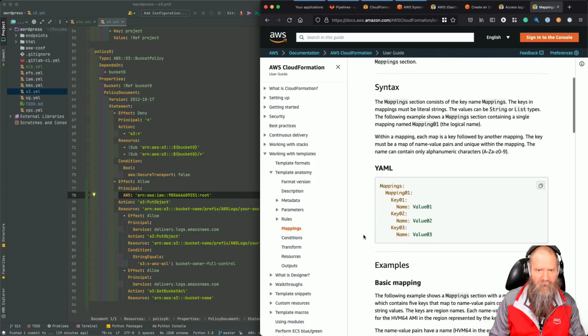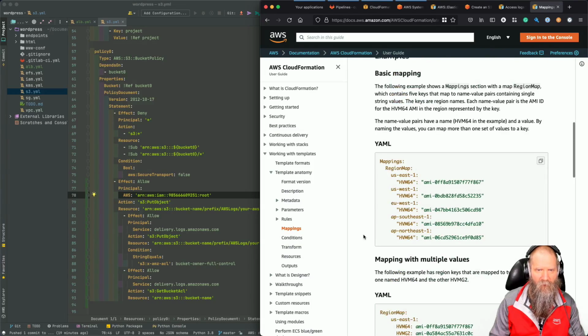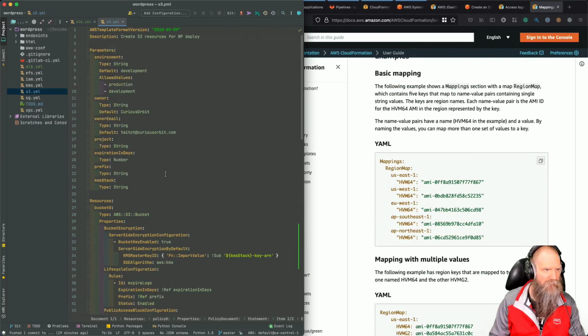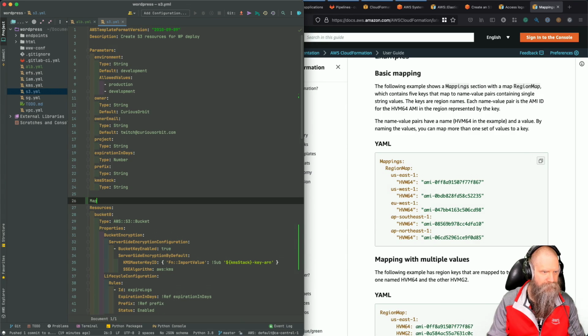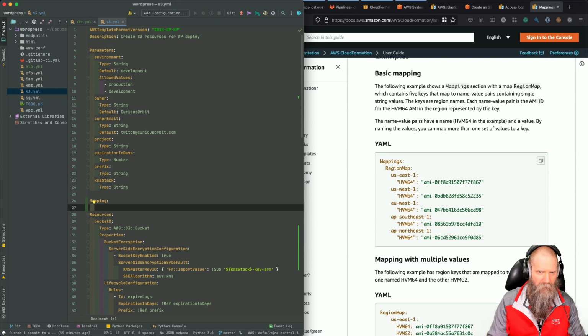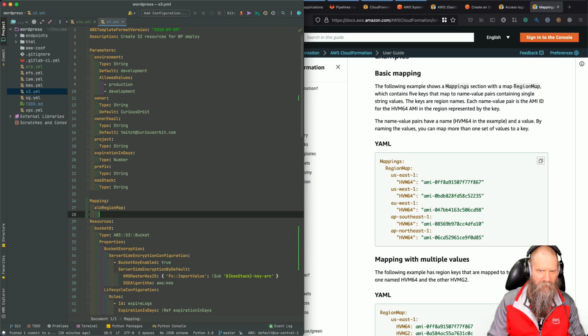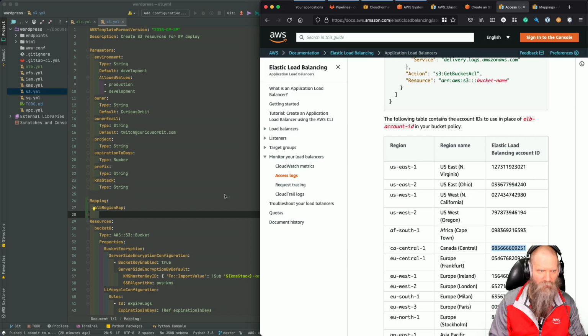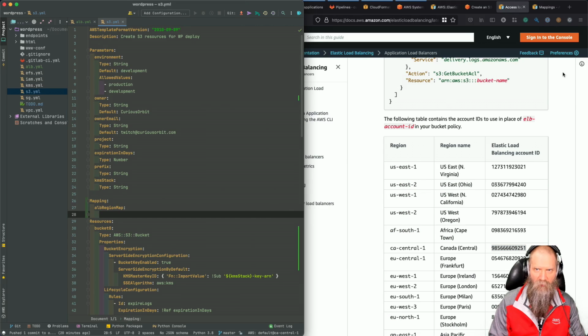I wonder, like we could do this, and we could call this ALB region map, and then it's going to take a little effort. We won't put all these in here for now, but we could do